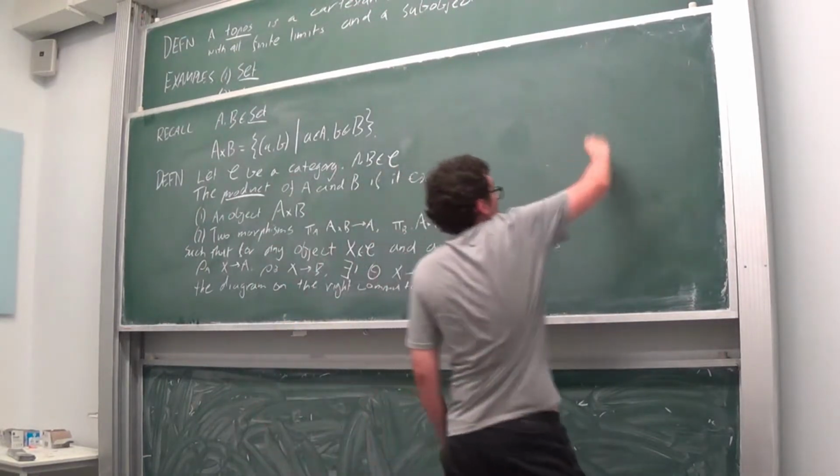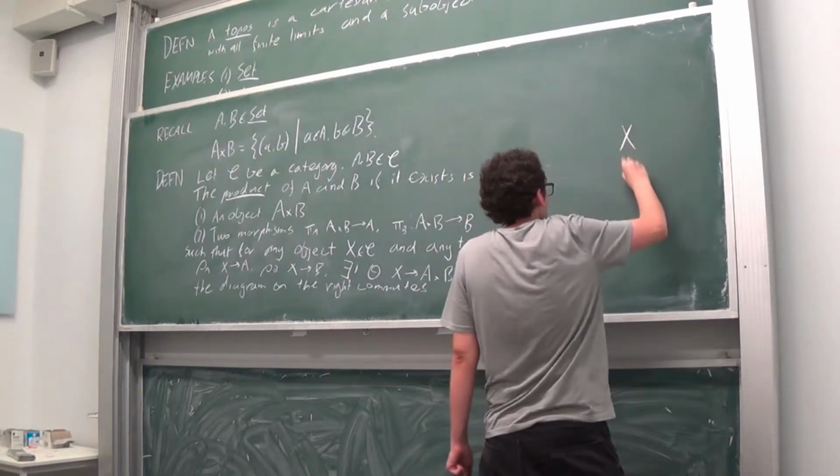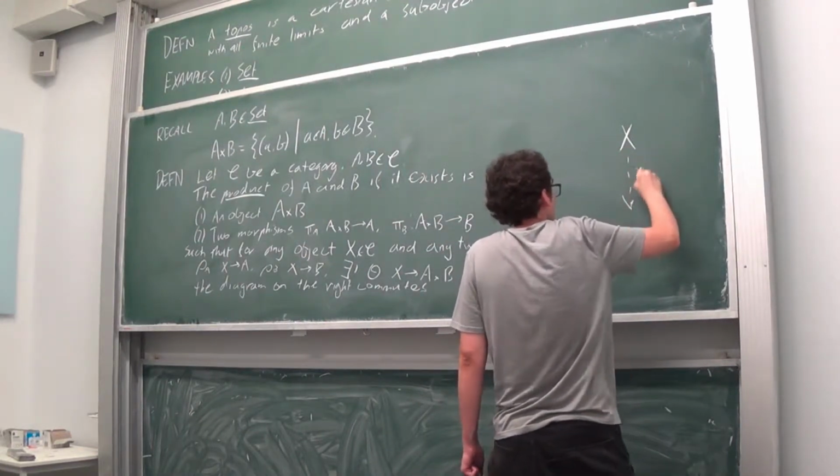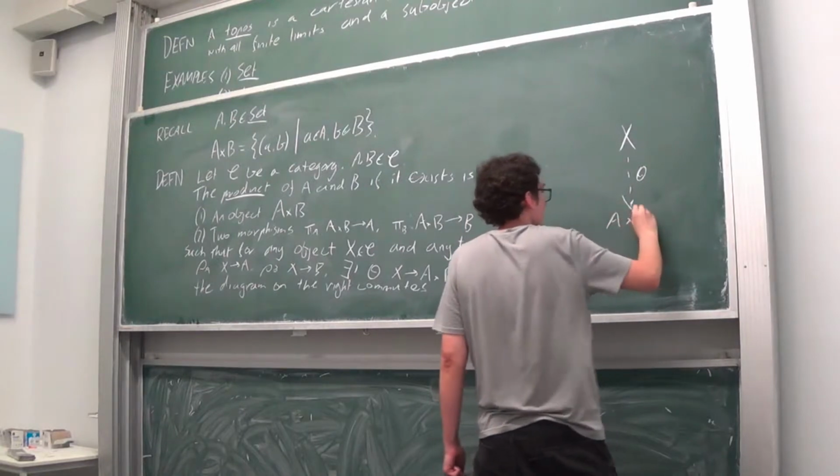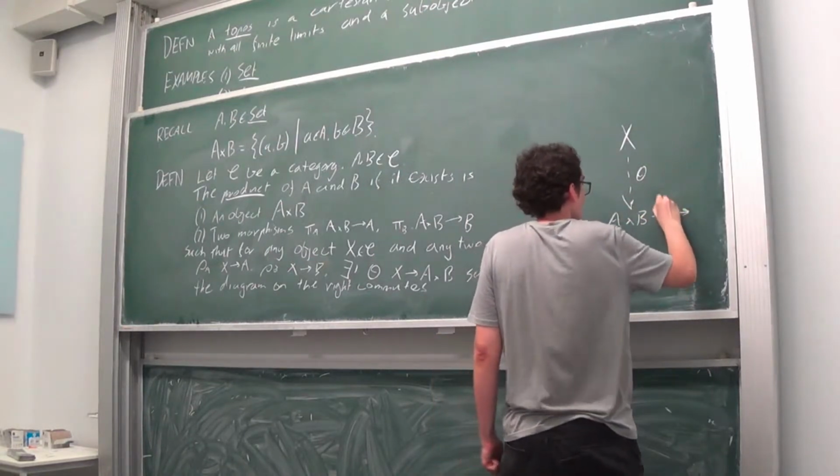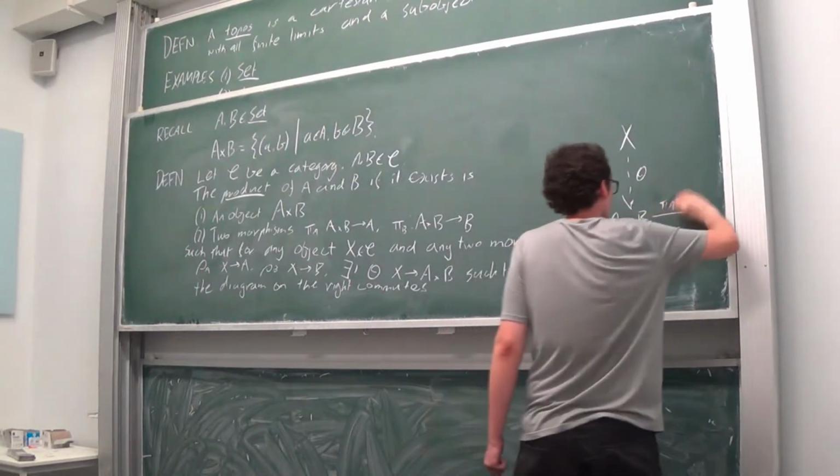And the diagram looks like this. So you have X, you have map theta, this is the product here, you have pi A here, actually let's put pi B there,